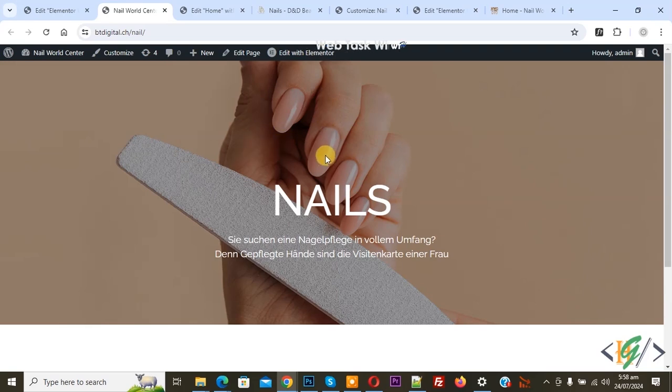Bismillahirrahmanirrahim. Assalamualaikum. My name is Hassan and today we are going to fix Elementor header showing behind content, slider or